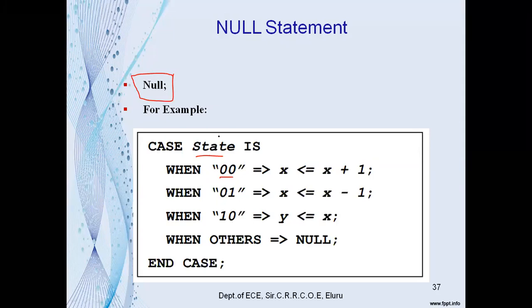You can take it as an input port signal, and this is a bit vector of size 2 bits. How am I saying this? By looking at this combination of values here.